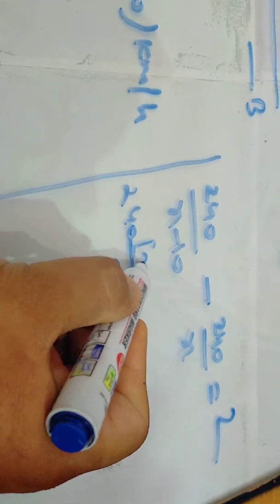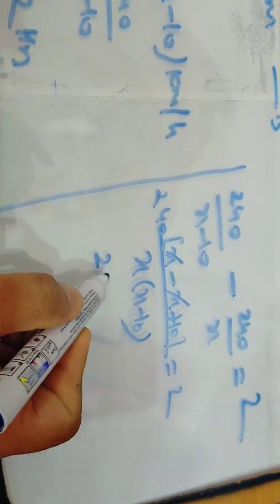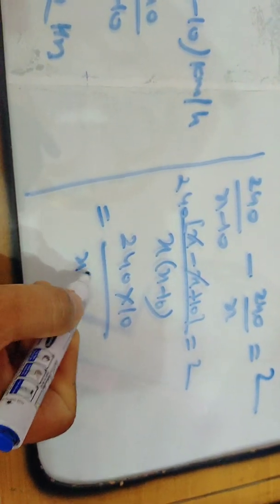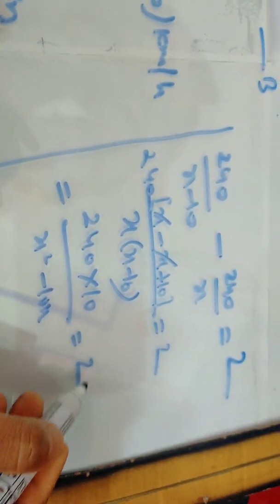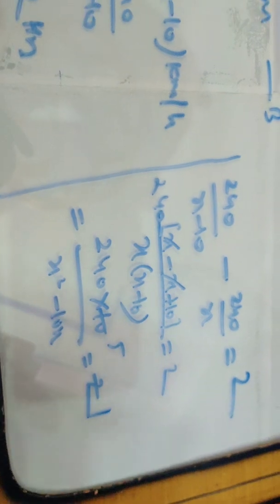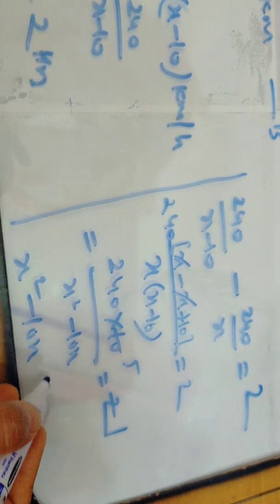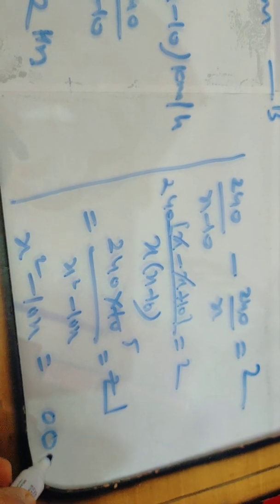It is basically x minus x plus 10 is equal to 2. So this x is cancelled out by this x. So it is 240 into 10 upon x square minus 10x is equal to 2. So what you do, 2 1 2, 2 5 10. Here you can cancel it out and you start writing the equation. x square minus 10x is equal to 5 0 0, 5 4 20, carry 2, 5 2 10 plus 2 is 12, 1200. So this equation is there.